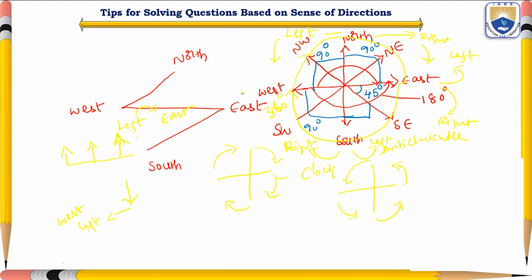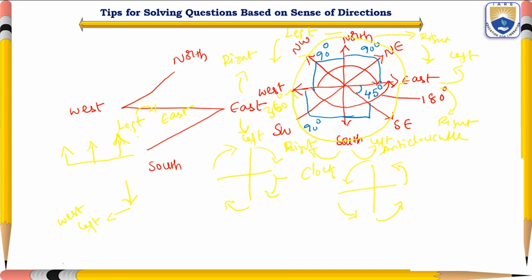From the west, turning right means he goes to the north position, and turning left means he goes to the south direction. So while learning, we have to be very thorough about this. From west to the right means north, from west to the left means south, and from south to the